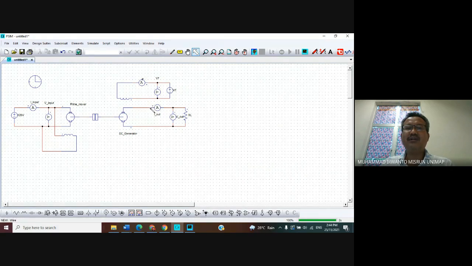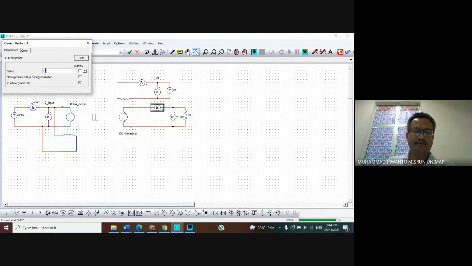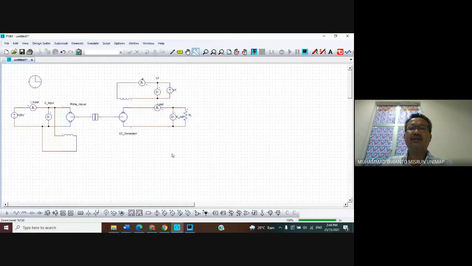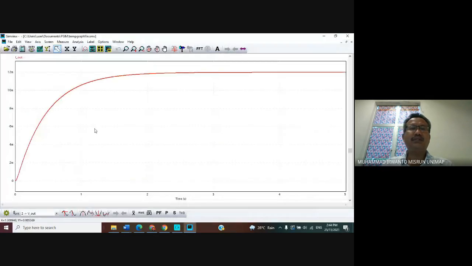We change left to be right. I cut it and then right click, okay, and give the symbol I out. Then run back. Now we can see here the sign is positive.